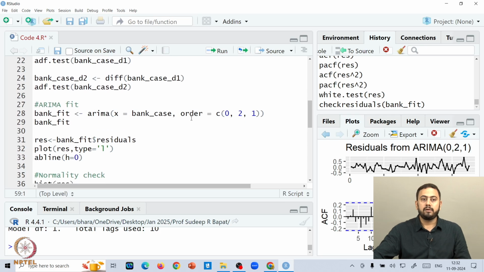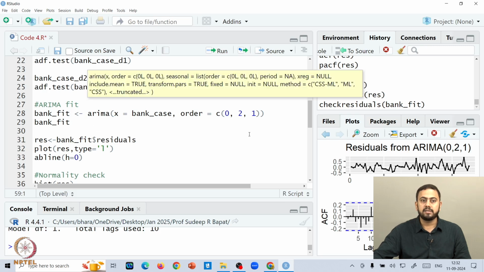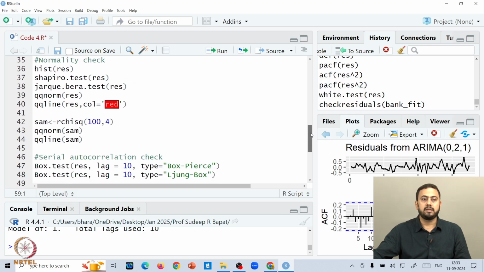So, you have to fit the best possible model given all the different information criteria or visual checks and so on, and then once you come to a concluding model structure, let's say ARIMA with certain orders, one can get hold of the residuals of the model and then perform all these diagnostic checks, either individually or using this checkresiduals function in R. Okay. Thank you.